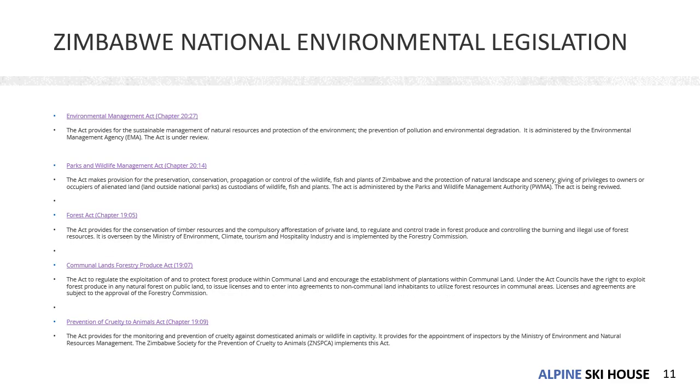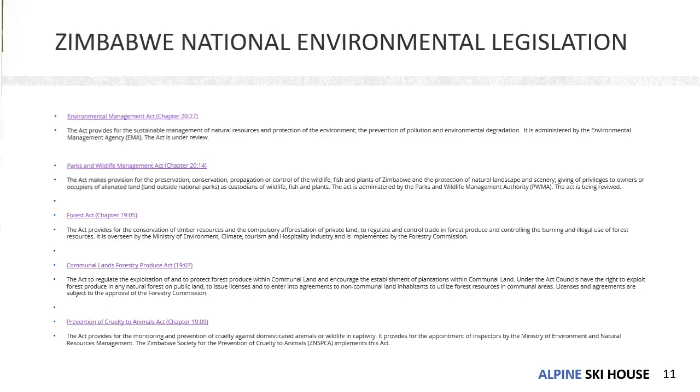Now, not only is the environment protected by the Constitution, there are other legislative measures put out by the state to ensure environmental protection. We're going to look closer at those legislative measures, and more especially, we are looking at the Environmental Management Act, Chapter 20:27 of our country. We are going to look in depth at the key provisions therein, the objectives of the Act and the institutions that were established as a result of the Act. We are going to look in detail at these ones.